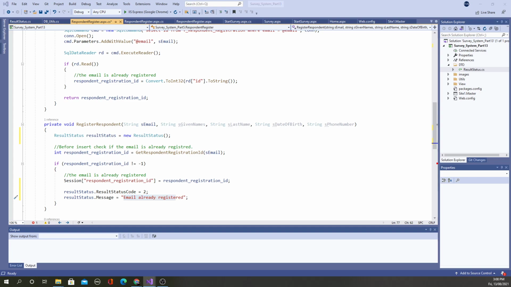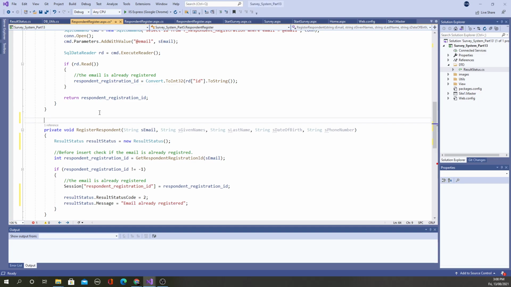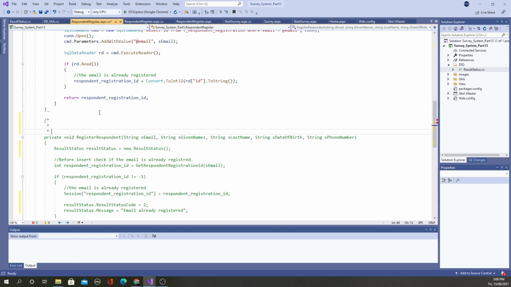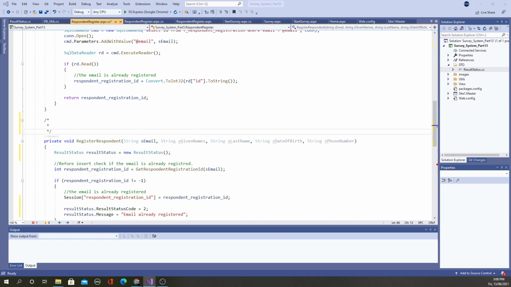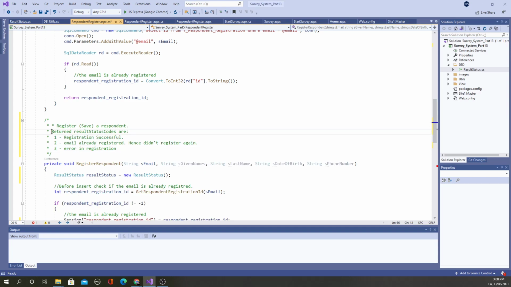Before I forget, I'm going to write a comment to say: if the status code is 2, it means the email is already registered. I'm also going to define some other codes at the same time, like 1, 2, 3.